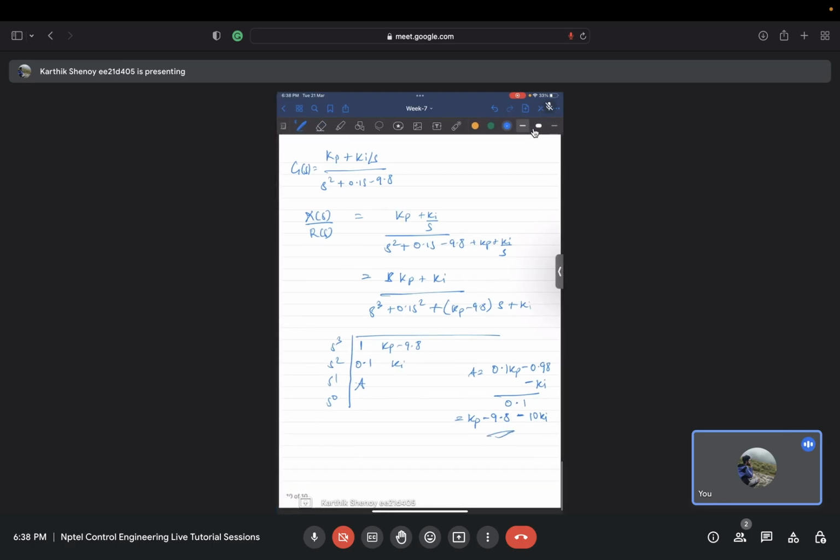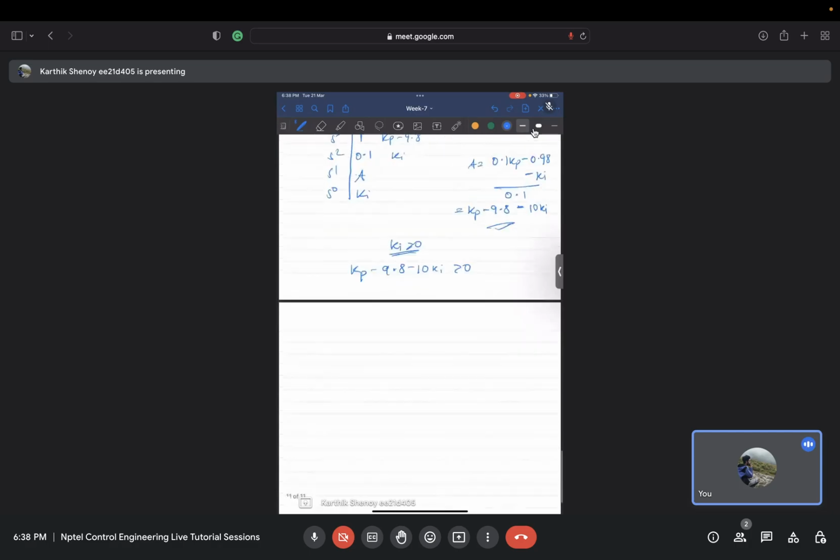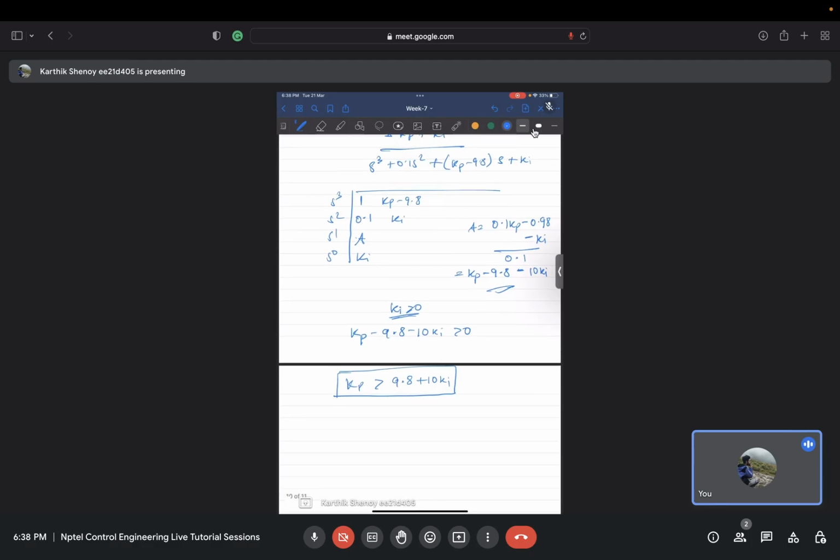Okay, what will be here? Ki. So it says Ki must be greater than 0. That's the first condition. The second condition for it to be stable is Kp minus 9.8 minus 10 Ki must be greater than 0. It should not have any sign changes, right? So Kp must be greater than 9.8 plus 10 Ki. For stability, we are not considering anything else. So does this mean my system is always stable, right? Because Ki is greater than 0, and